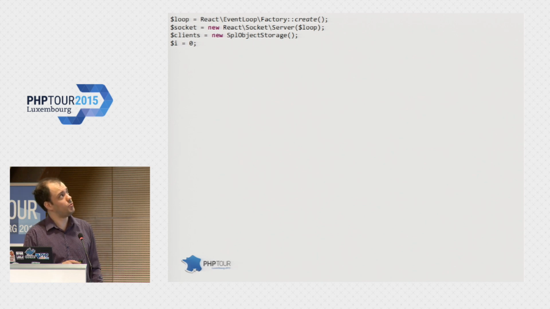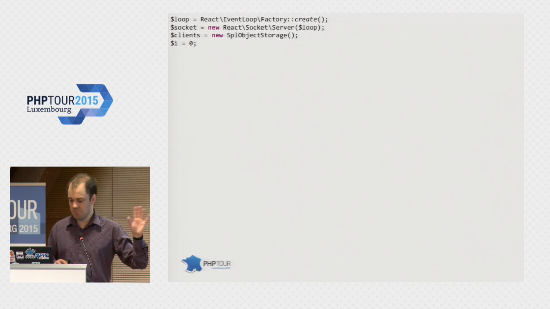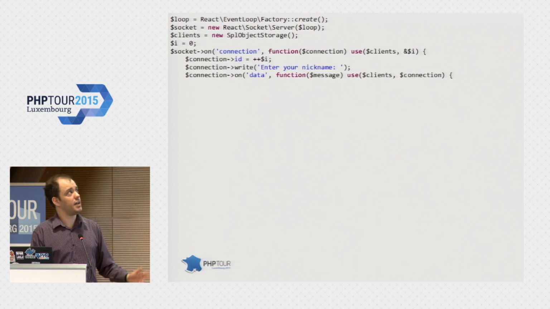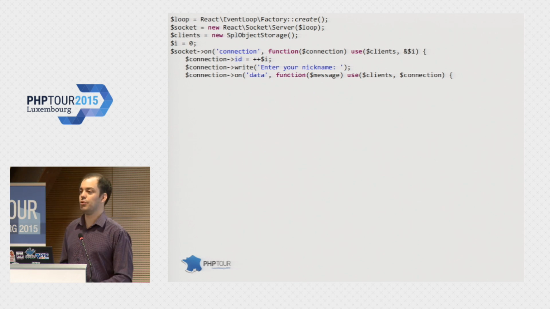Again, we have the event loop. We create a socket in this case that's going to listen on a certain port. I'm going to create an object storage. We'll get to that in a minute. And then I'm going to say, if I get a connection on that socket, then I want you to run some piece of code. I'm going to store a connection ID, and I'm going to output, please enter your nickname,